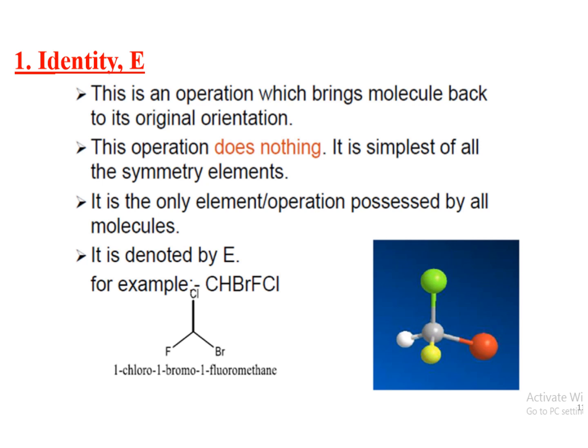Basically what it's trying to say is that when you rotate a molecule around its center of axis, then after a certain number of rotations the molecules return to their original positions. Just like you can see in this figure, 4 molecules have been highlighted by different colors. One is highlighted with green, the other with red, orange and white. If you rotate this molecule about a 90-degree angle, then the green molecule would take the place of the red molecule, the red molecule will go in place of the yellow, and the yellow will go in place of white, and white will take the place of the green molecule.